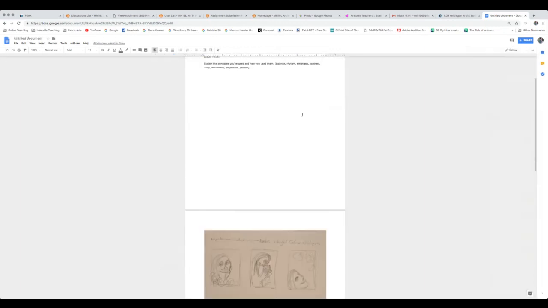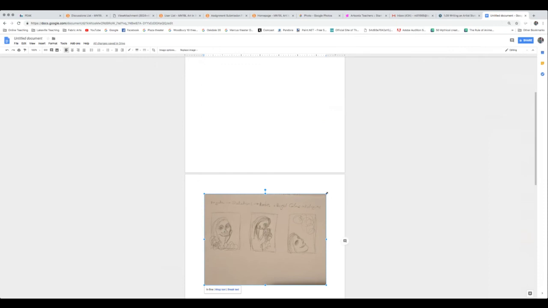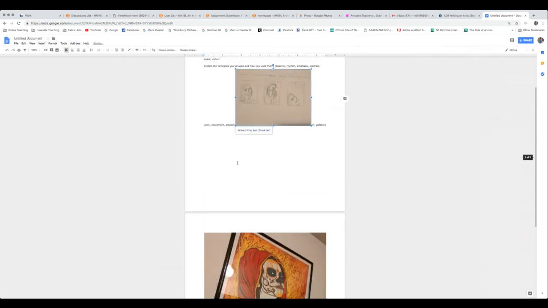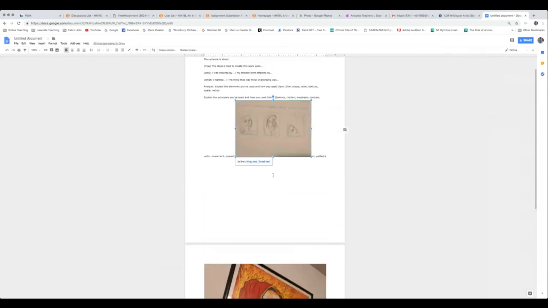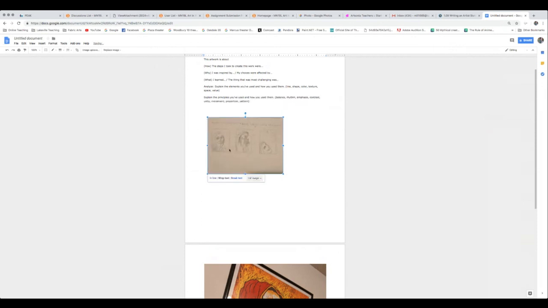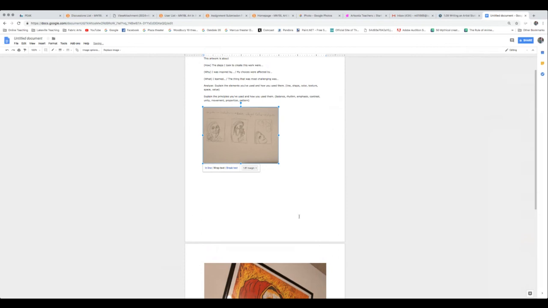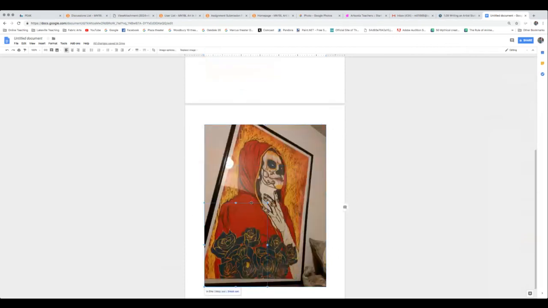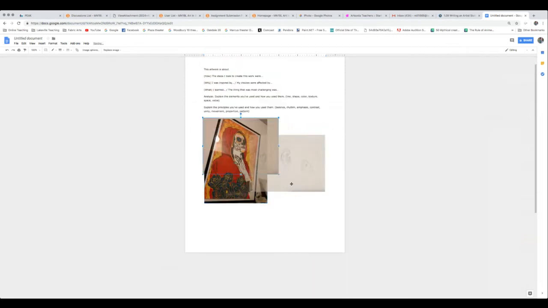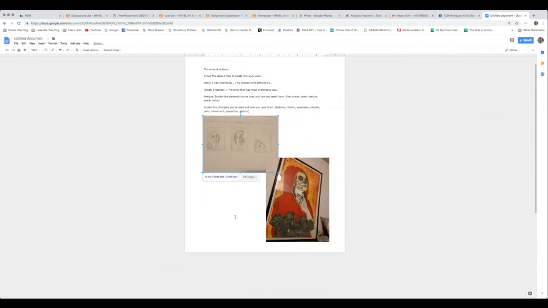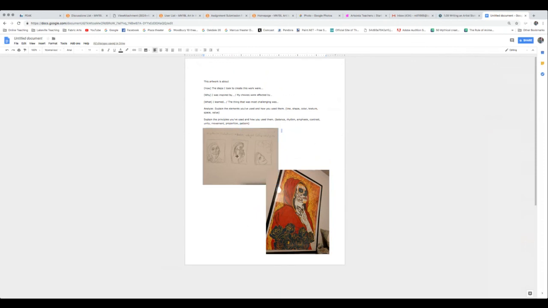If this had been my project, I would maybe include my pre-sketching, but hopefully you included an in-progress image after you've done your pre-sketching. Then you want to choose, rather than inline, wrap text. This will let you move an image around the page and will let it not disrupt your text. You can also stretch and shrink your images so they fit. And you can arrange these in such a way that you can see the most out of your picture, but not necessarily have to see everything.